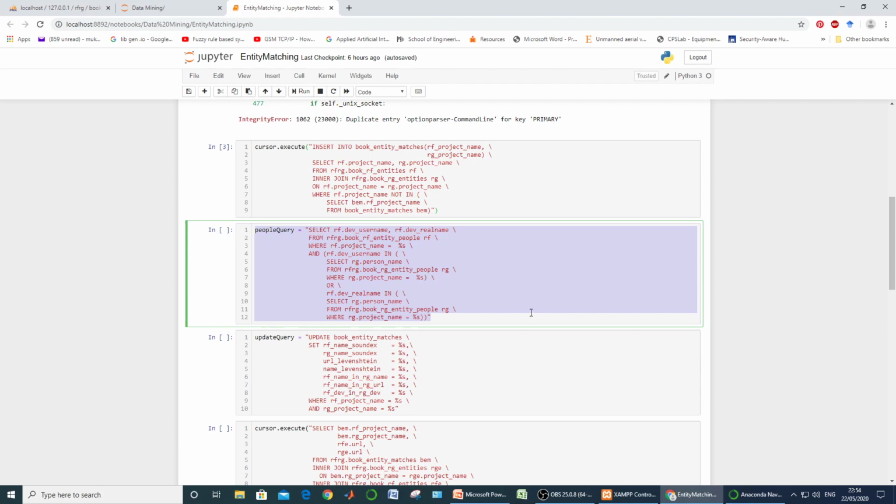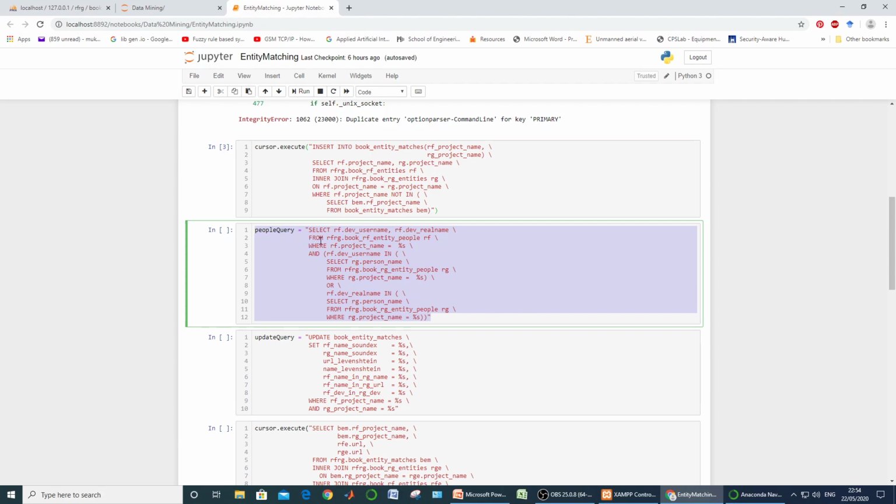Let us assume the three arguments are a, b, b, where a is the project name from the RF dataset, b is the project name from the RG dataset, and the third, b, is also the project name of the RG dataset. The last two are just repeated.